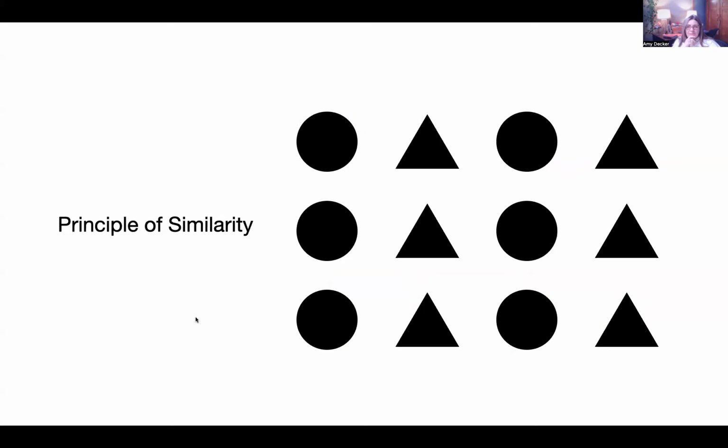Now we have the principle of similarity, and it states that our brains tend to group elements that share visual characteristics. So right now, looking at this image, we're grouping the circles as a line, a column. The triangles are in a column. We're reading columns, columns of circles, columns of triangles. We're not reading across in rows. We're reading in columns. However,